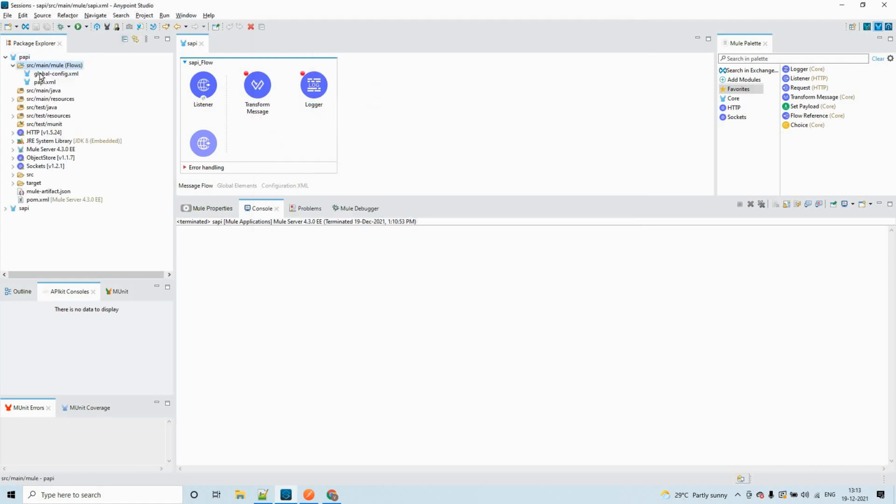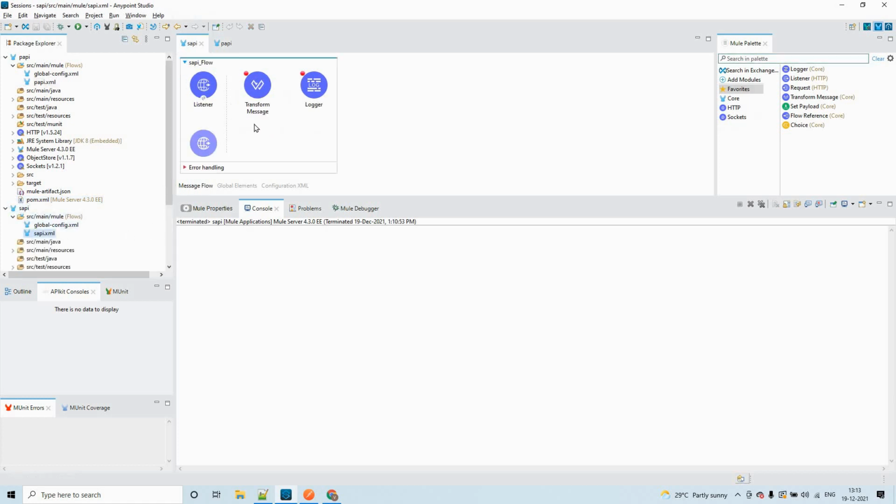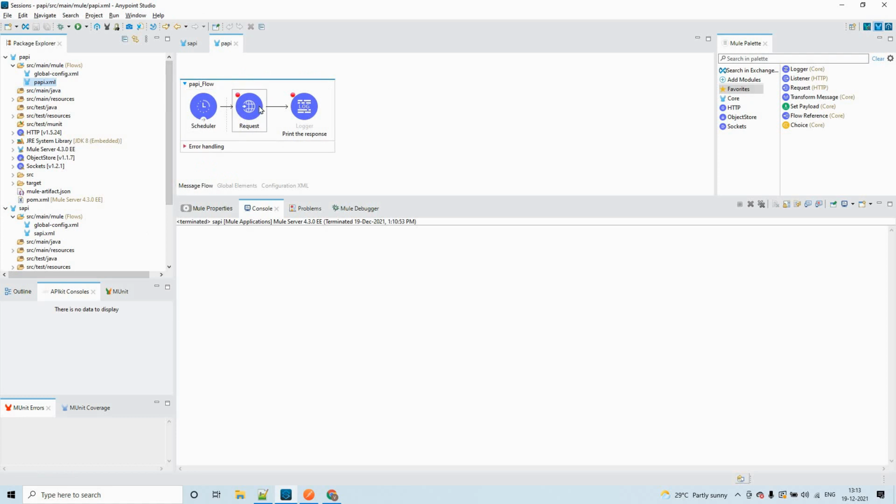In both the applications, I have added breakpoints, even in the SAPI. First we'll see if the request is being sent from PAPI to SAPI and the response is coming from SAPI to PAPI. For that, I'm going to use the debug configurations.